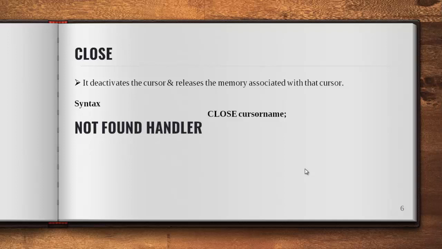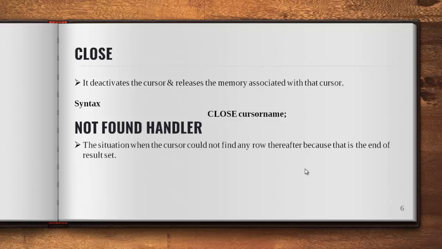And we have one more keyword which has to be used, that is the not found handler, and this is an optional one because according to the situation we have to use this. In the program I'll just tell you what that situation is. The situation is when the cursor could not find any row thereafter because that is the end of the result